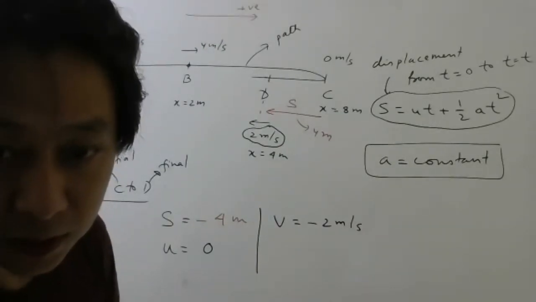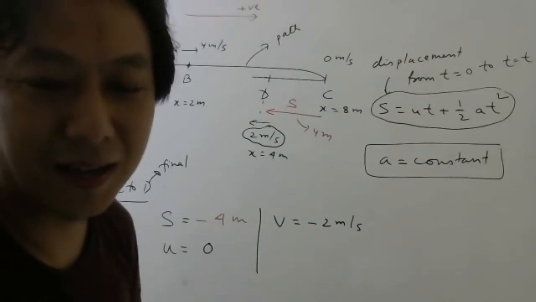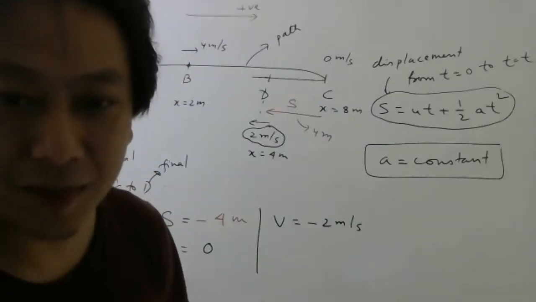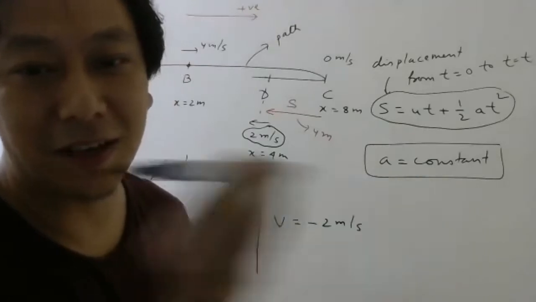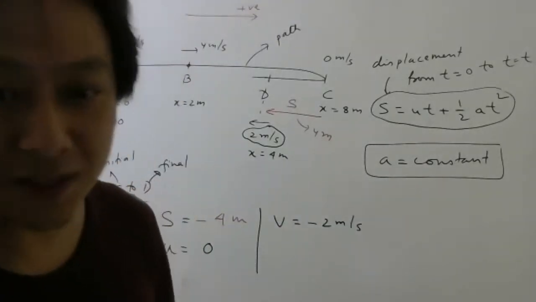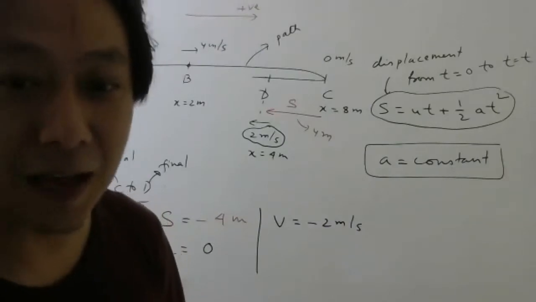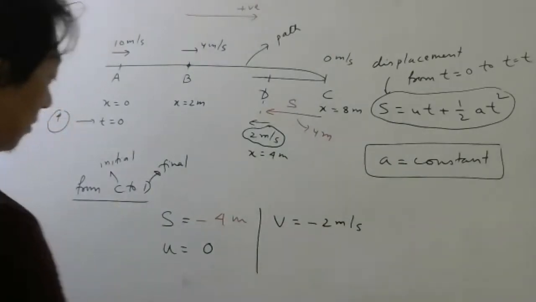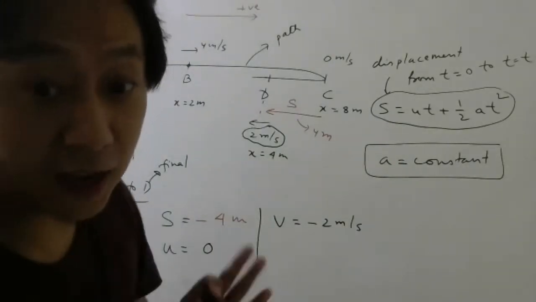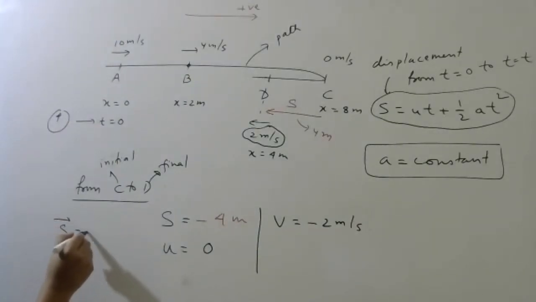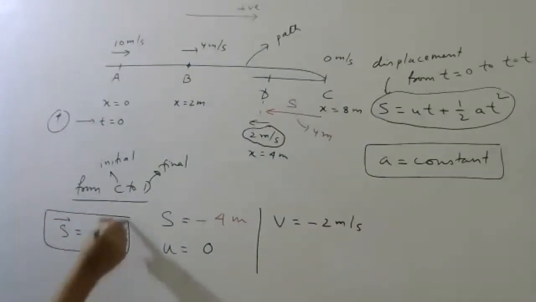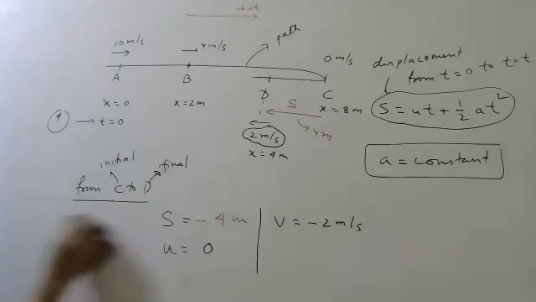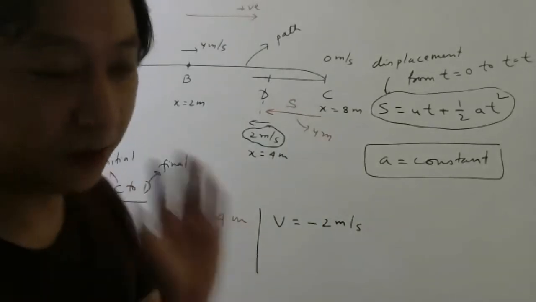Should we represent S with a bar? No need. In one dimension, you don't have to put the bar, I told you. In one dimension, you can take this as positive, this as negative. That's it. In two dimensions, we need to deal with components; that time we will use the vector symbol. If you want to be very exact, you can write S bar equal to minus 4 i cap. But no need to do it this way, unnecessary. In one dimension, we don't need vectors actually.